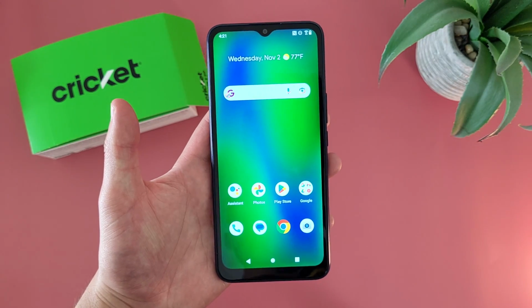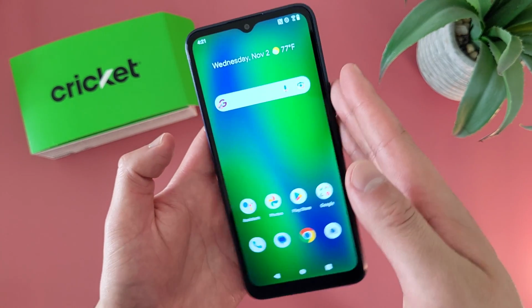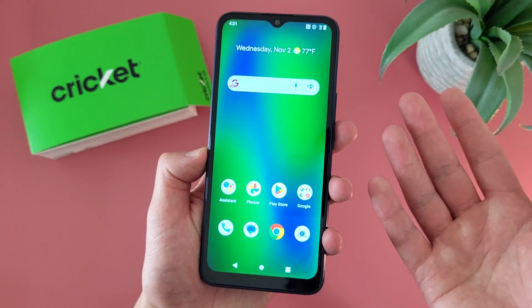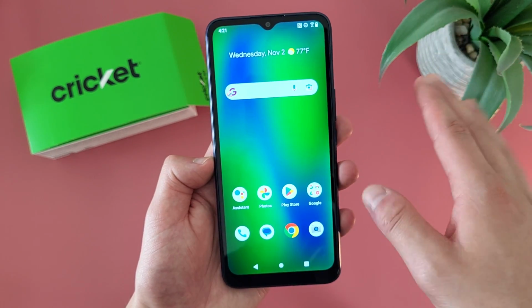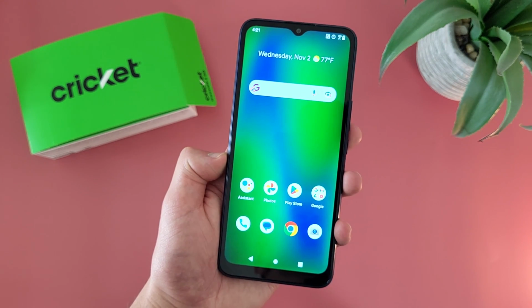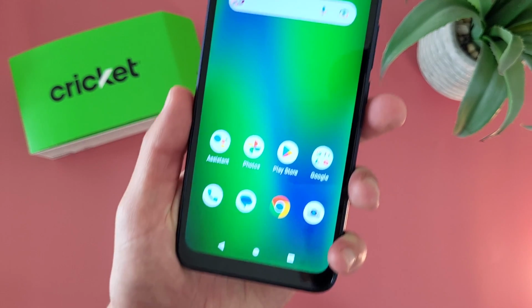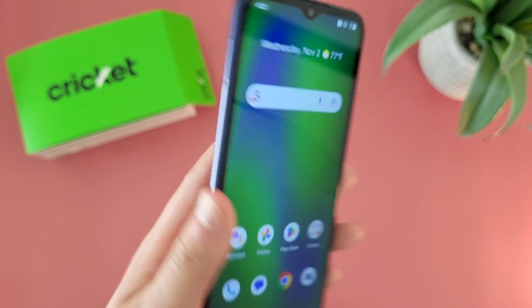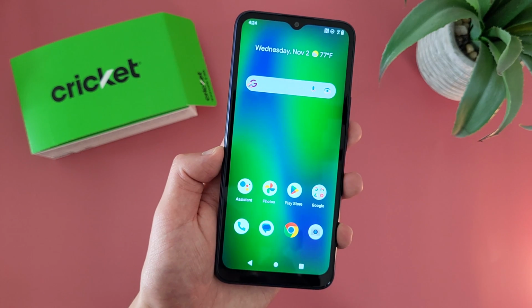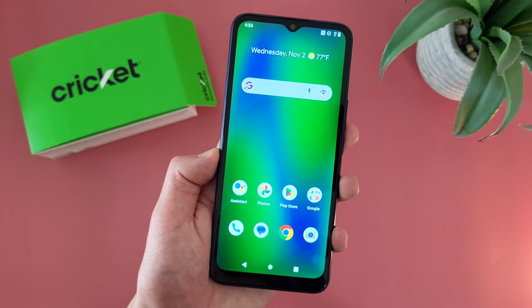Now I will give credit where credit is due. The build quality itself is decent, the buttons feel pretty sturdy, and the phone doesn't exactly feel like it's gonna fall apart. But just keep in mind, if you do get this phone, not only are the materials not very premium feeling at all, which granted you probably don't expect from a phone like this anyway, but again it does scratch pretty easily. So with this phone I definitely recommend getting some sort of case because that's gonna improve its durability quite a bit. My sixth reason why you might not want the Cricut Innovate E5G is because the screen